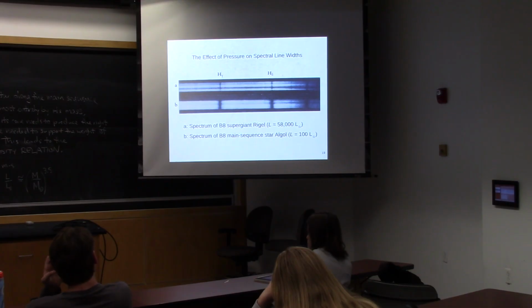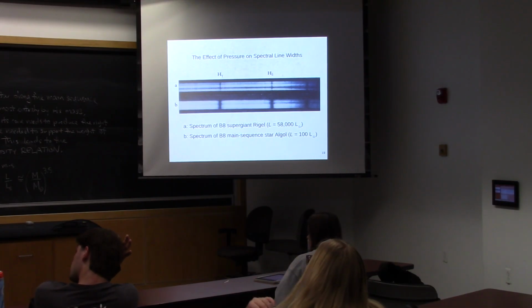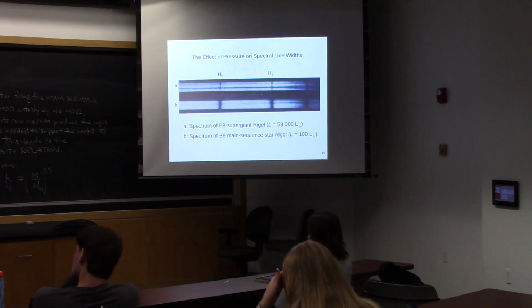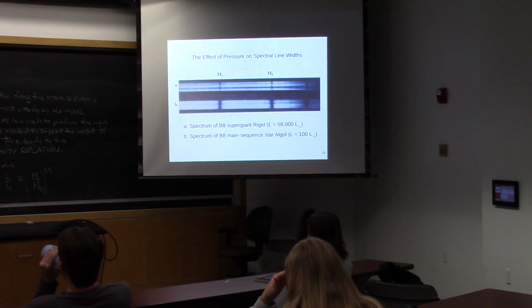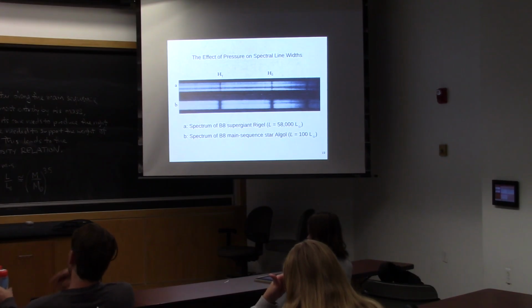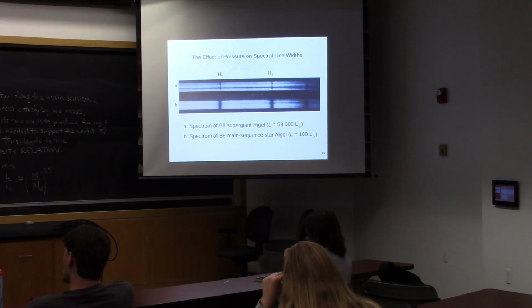But what we haven't mentioned yet is that a collision between atoms, where one of them is in, say, n equals 2, can also cause the electron to transition to another state, either upwards or downwards. And those collisions effectively are shortening the lifetime. They're making them undergo transitions quicker than they would without the collisions. And on top of that,